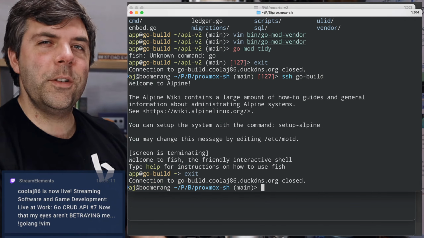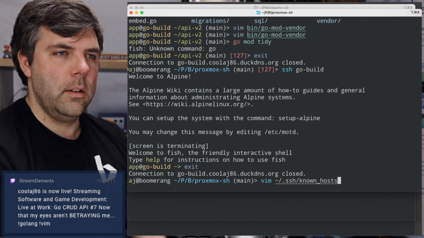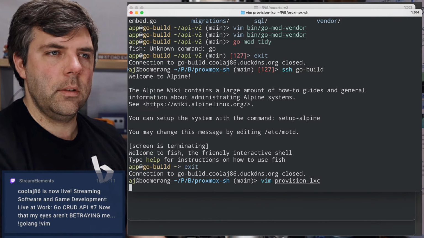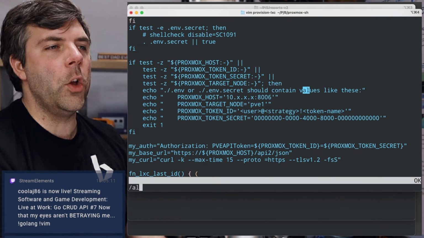All right, I'm going to create another system, and it's going to be called CGO build. But I need to update my provision script, or temporarily alter it, rather.